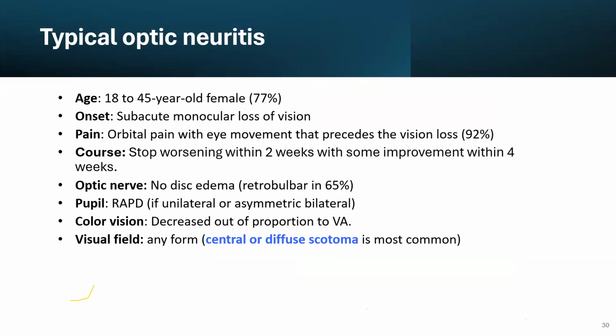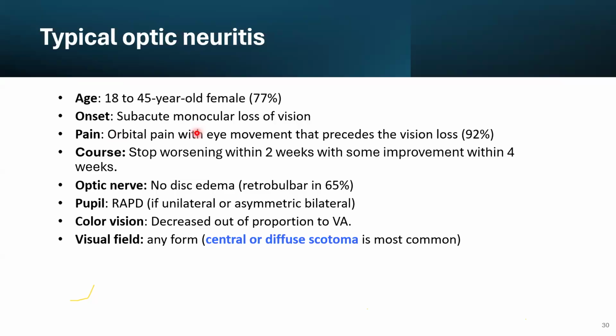Let me answer some of the questions in the chat before we move forward. There is a question asking, do we need to wait for the imaging before giving steroid? For patients with acute optic neuritis, it's better to admit the patient, do the imaging, and then if you're sure it's optic neuritis, you can give the steroid. The imaging can be done the same day or the next day, and then you can start the steroid. So I prefer to do imaging prior to the steroid.